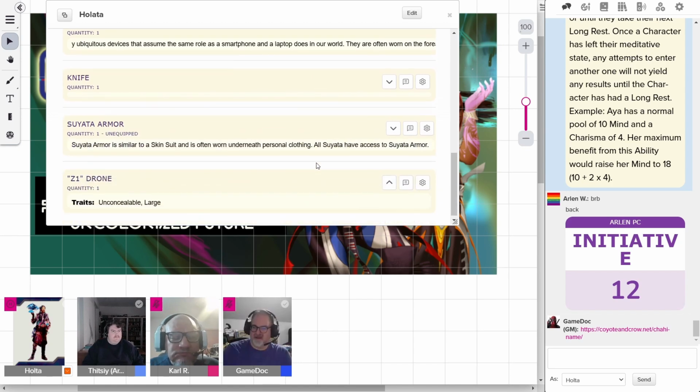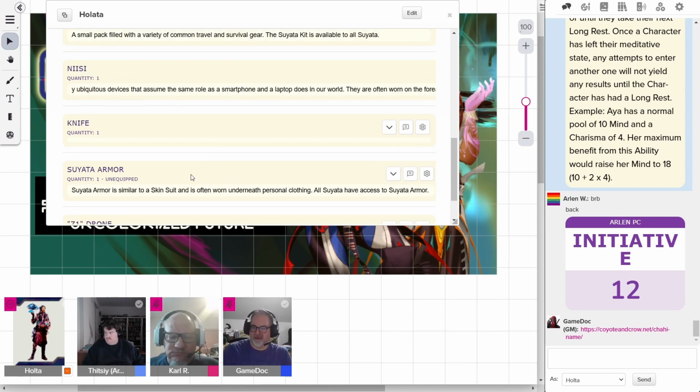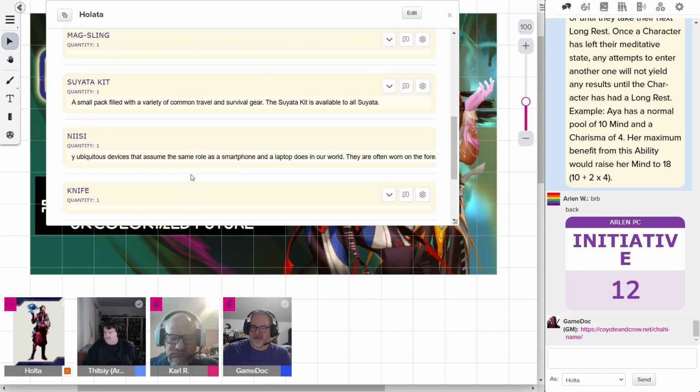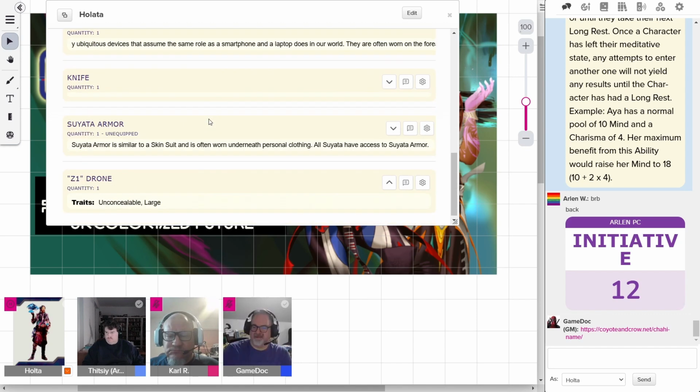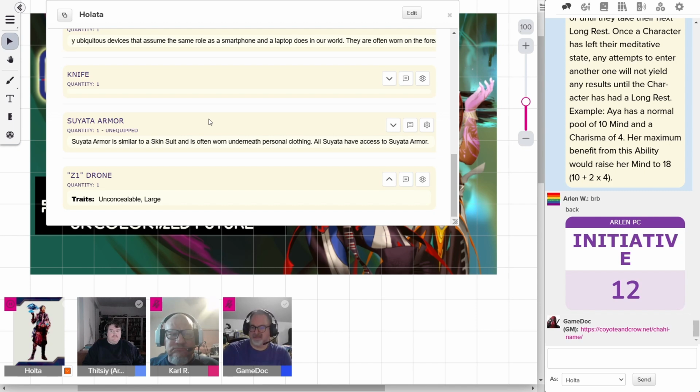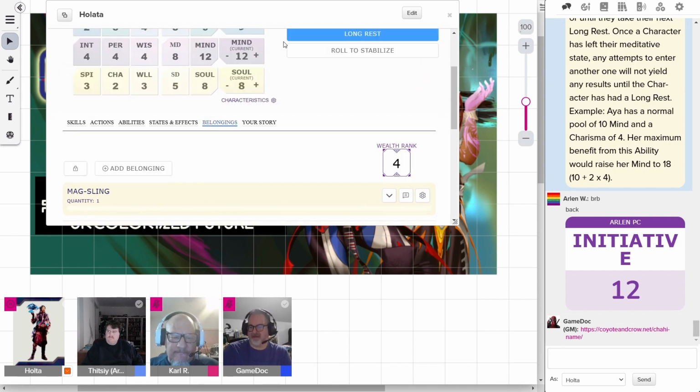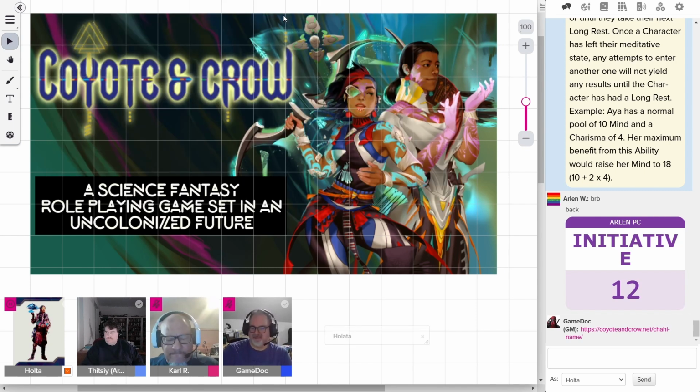She has that already for armor, and she has the Sayata equipment kit that came with her as a pre-gen. So I was just going to draw your attention to that. But if there's other stuff you want, anything within your wealth score, I think